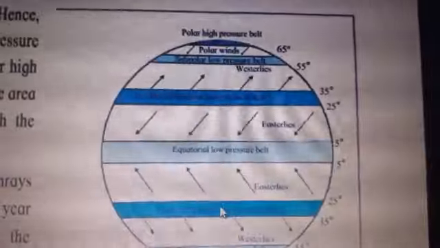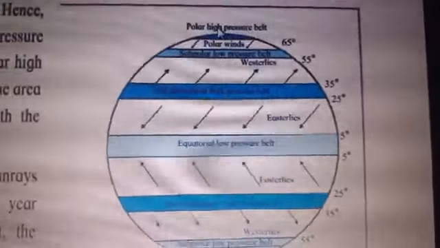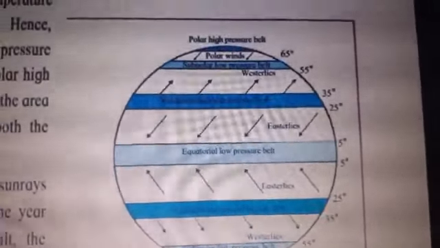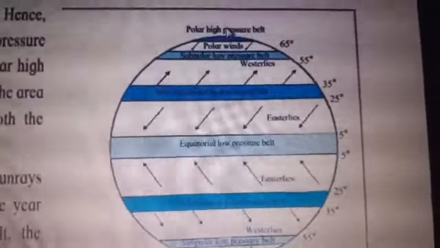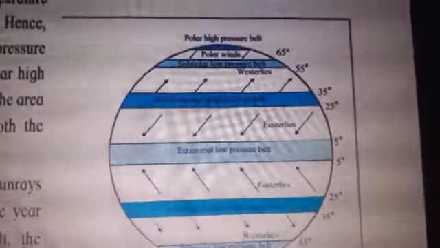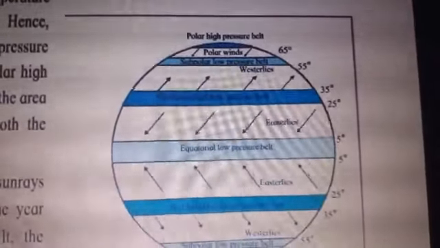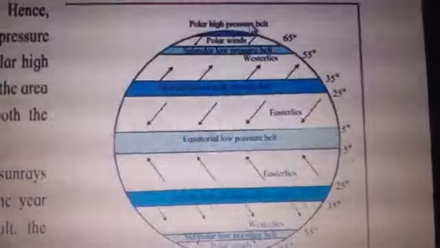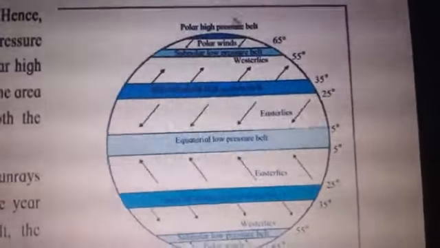Now why is the high pressure belt there? Air pressure is high because here the temperature is low. It is extremely cold over there. It is a snow covered region. So temperature is low, and therefore what happens? Air pressure is high. We have studied it goes vice versa: if temperature is high, air pressure is low; if air pressure is high, temperature will be low. So in the polar region we have the high pressure belt. The reason behind this is that the temperature is low, so air pressure is high.